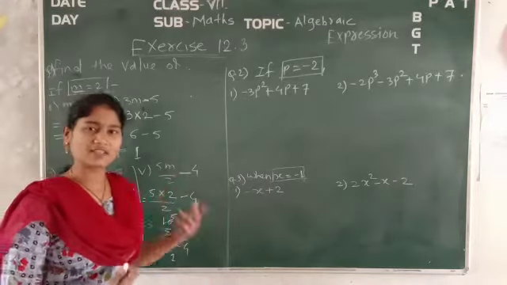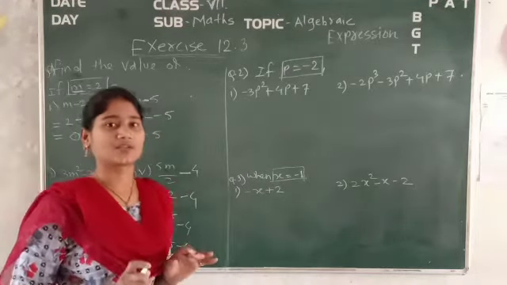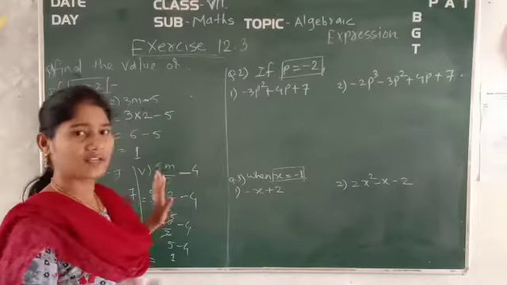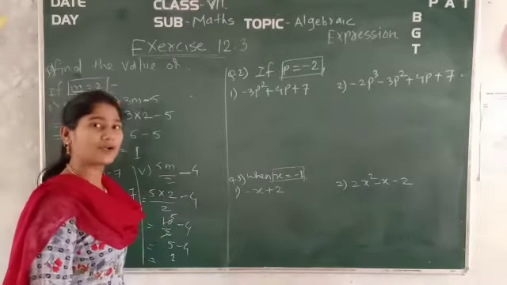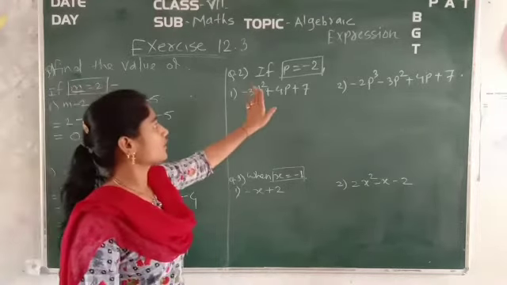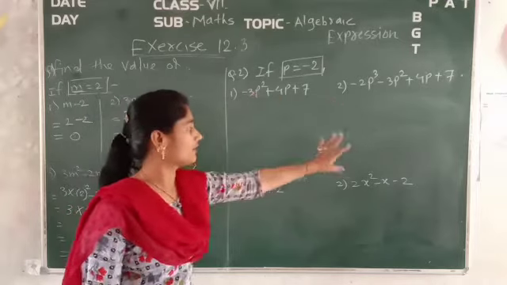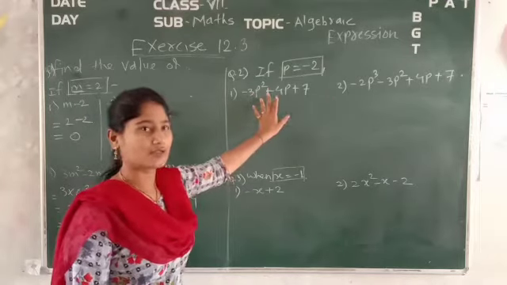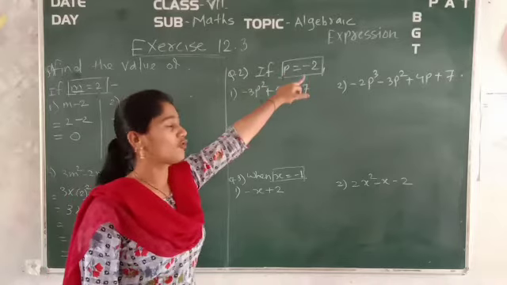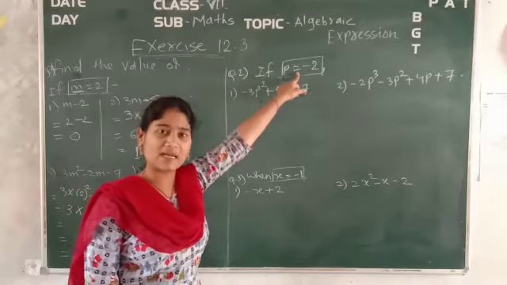See, these are very simple expressions, you can easily solve them by putting the value of the variables whatever they provided you. Now in the first question you have provided m is equal to 2 because the variable was m. In the second question you have the variable p, everywhere you are getting p here. So you are going to provide the value of p. What is the value of p here? It is quite different, that is minus 2.